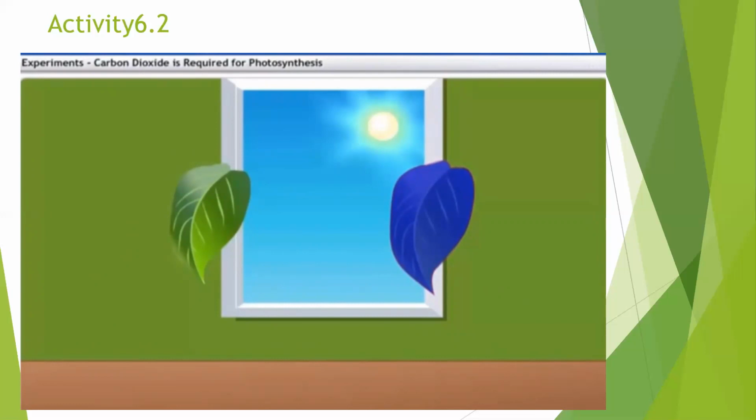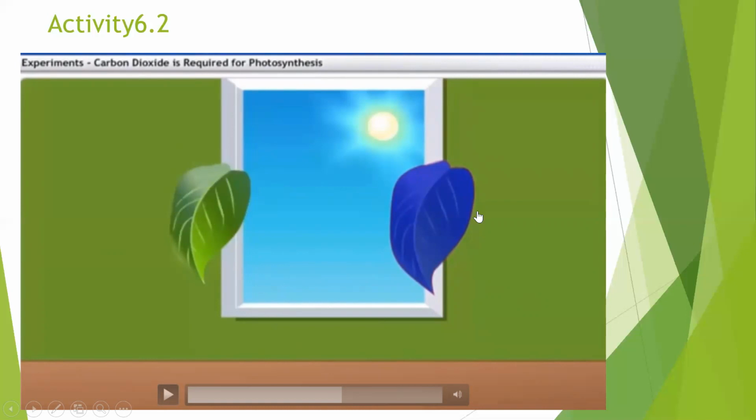On adding iodine solution, the leaf that was inside the glass cover with the potassium hydroxide crystals does not turn blue-black, showing that no starch is present in this leaf. Why? Because potassium hydroxide absorbed carbon dioxide inside the air of the flask. Hence, no photosynthesis took place in the absence of carbon dioxide.